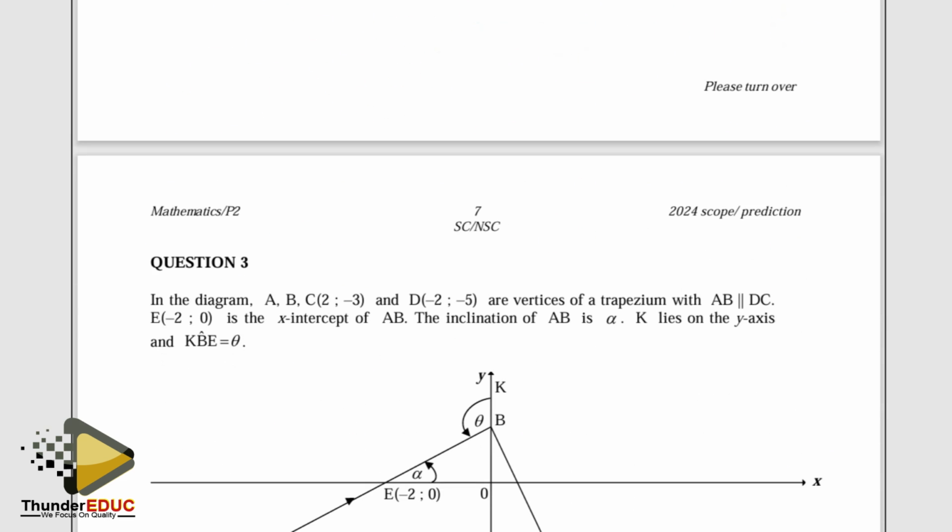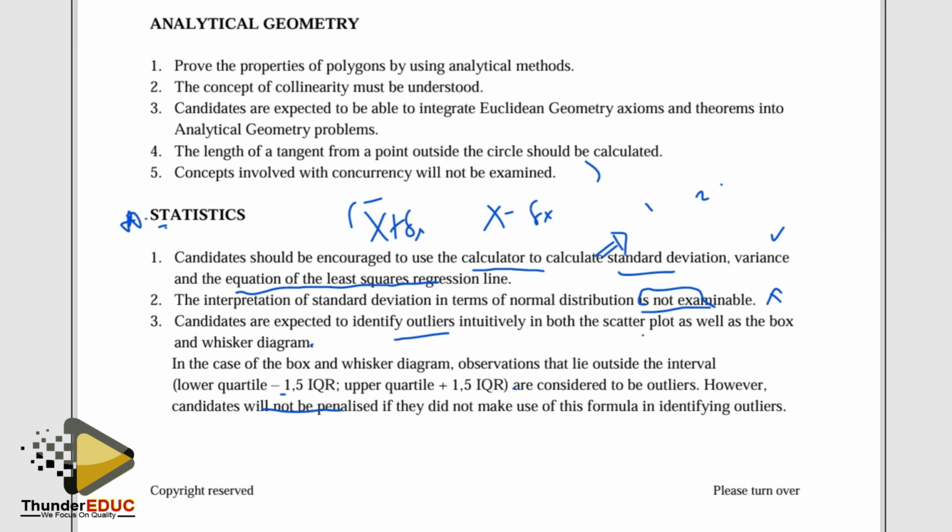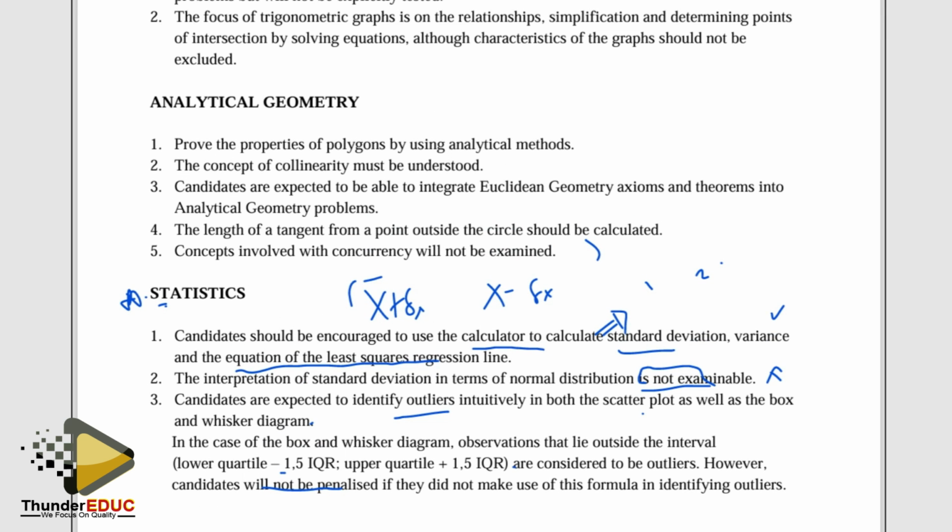Okay, next topic we have analytical geometry. Under this, you just have to prove the properties of polygons using analytical methods. For example, if they talk about a parallelogram, just know about the diagonals, know about the opposite sides being equal and parallel, as well as the diagonals bisecting each other. Basically, for a parallelogram. Then for a kite, diagonals meeting at 90 degrees, the rhombus, same story, and so on